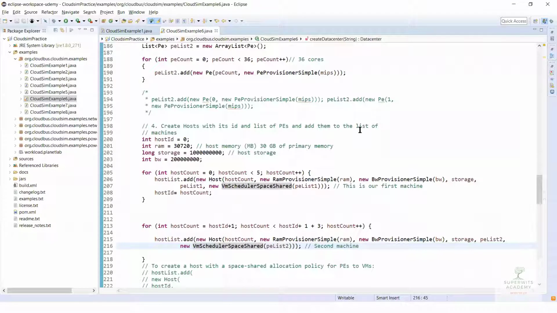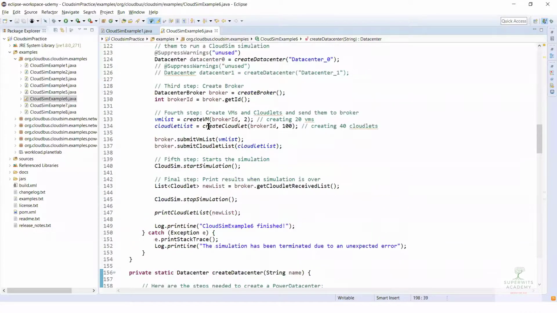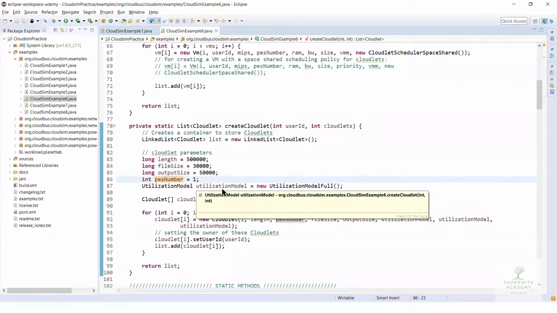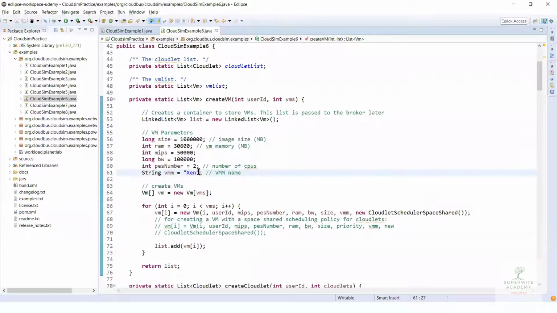I think there's one chat. Mazhar is asking, is it possible to distribute one task across multiple VMs? Yes, it will be possible, and I'll be talking about it. If you want to be very specific, here is the cloudlet. You can see PES number. If you increase the number of PES, that is what brings you parallel execution correspondingly, provided that your VM also supports it. That is very important. If your VM doesn't support two but has one, it will not do the parallel processing, right?